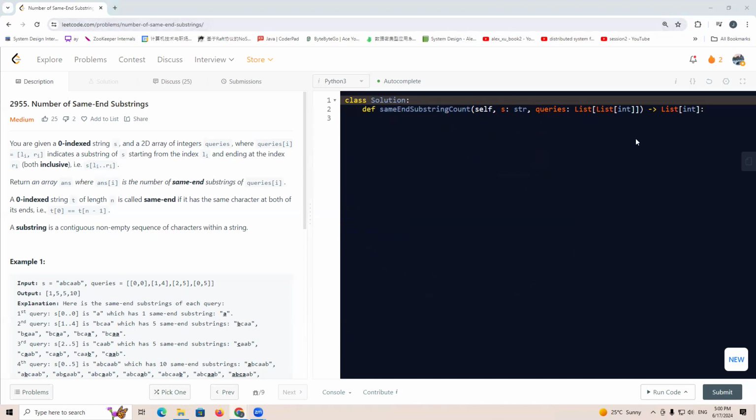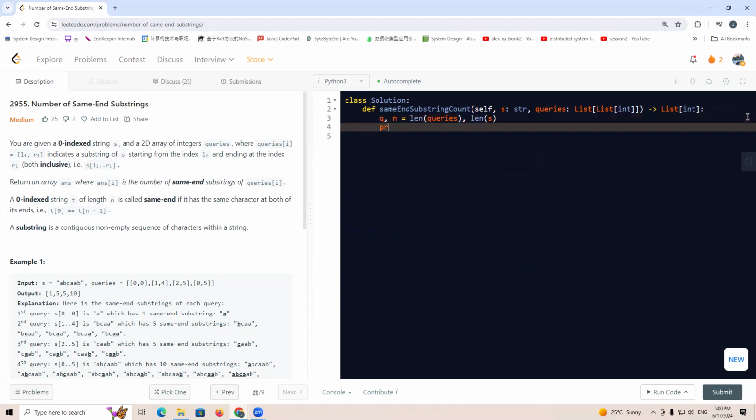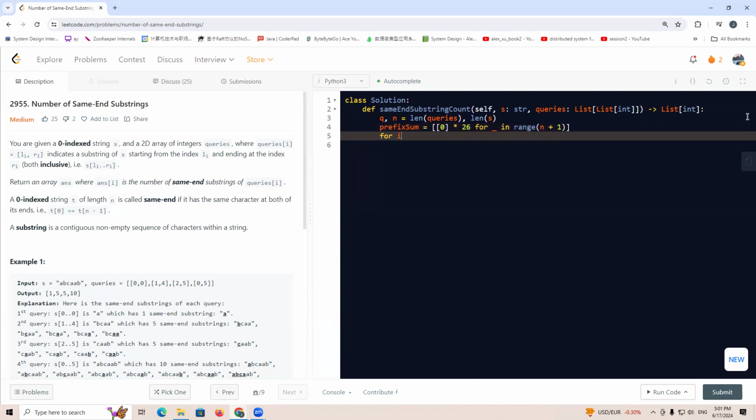So we are going to have q and n equal to length of queries and length of s, right? We're going to have prefix sum equals a list of 0 multiplied by 26, for this one in range n plus 1, right? And for i in range from 1 to n plus 1, right? So we're going to